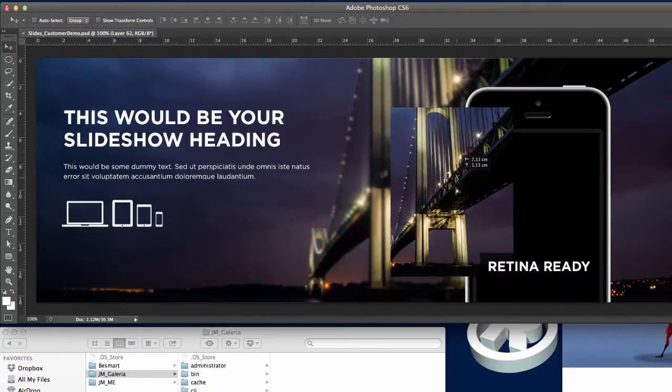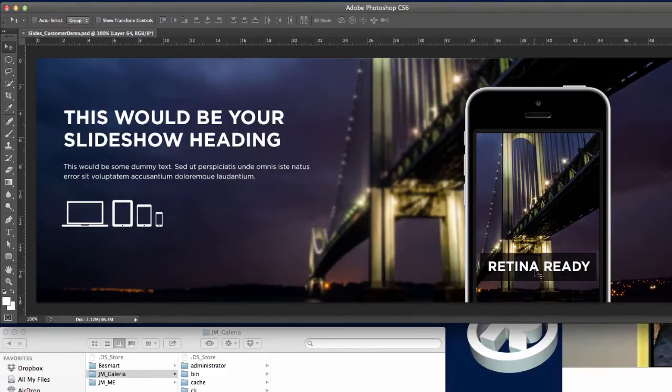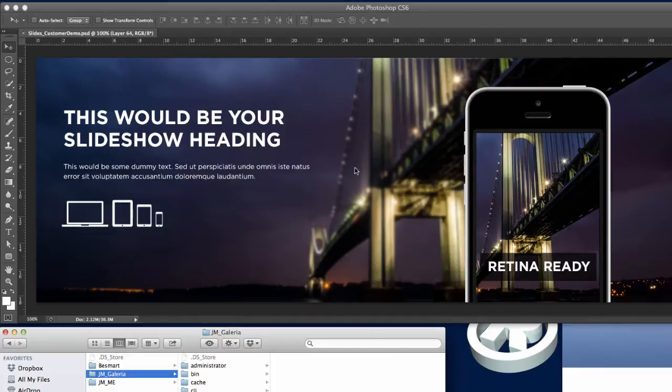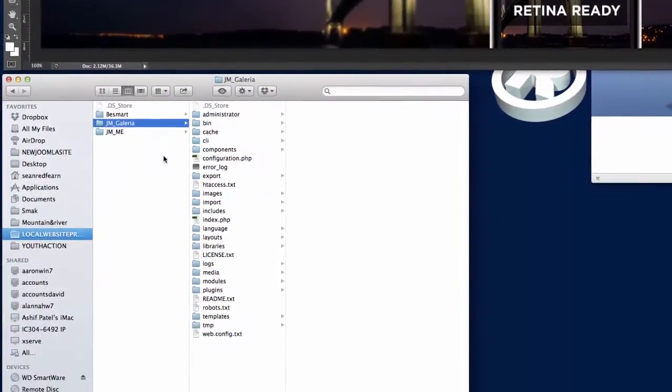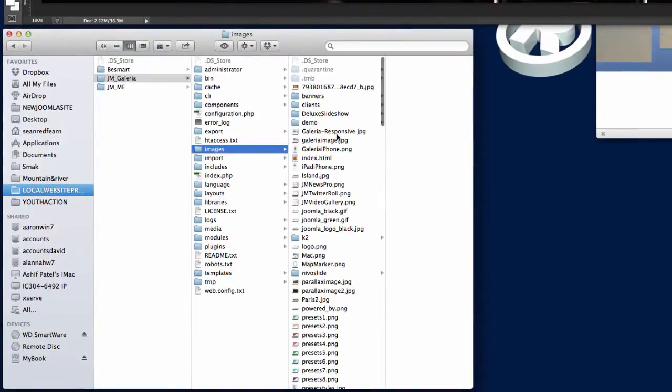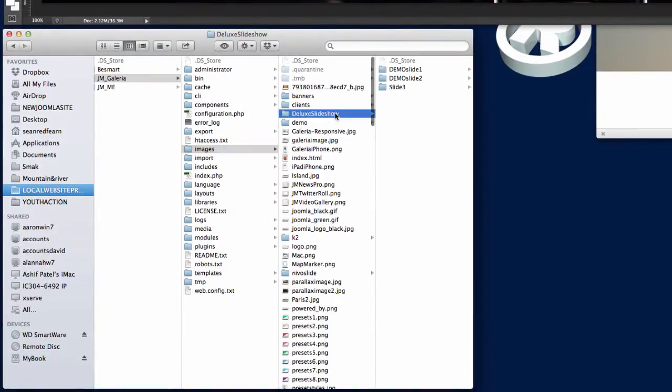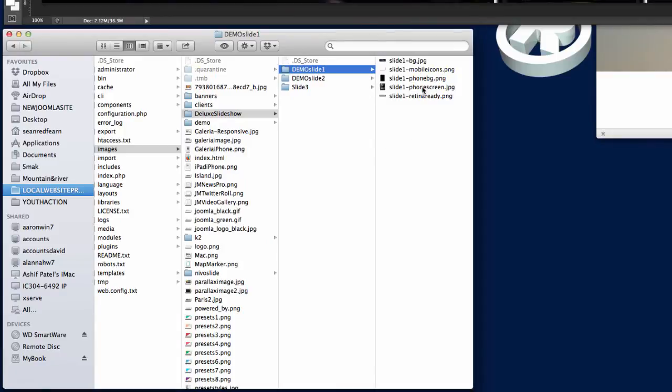We've got the iPhone screen, which is a separate layer. Then we've got the different layers for the different elements within the slideshow. Now once you've got these elements separated on your Photoshop file, you actually need to save them as individual files. So this is my install for JM Galleria here. If I go into the images folder, Deluxe Slideshow, and it's the demo slide 1, you'll see here that